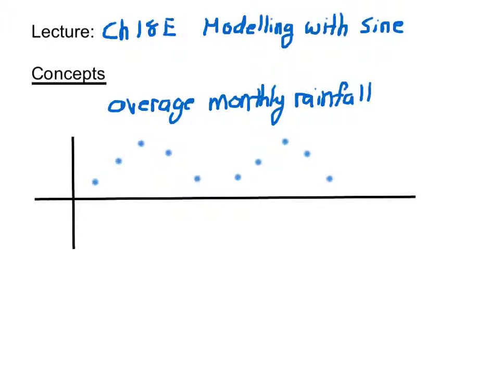And so on the x-axis we would have time in months, and on the y-axis we would have amount of rainfall, let's say in inches. So notice how this data sort of looks like a sine curve, right? And we could roughly fill in a sine curve